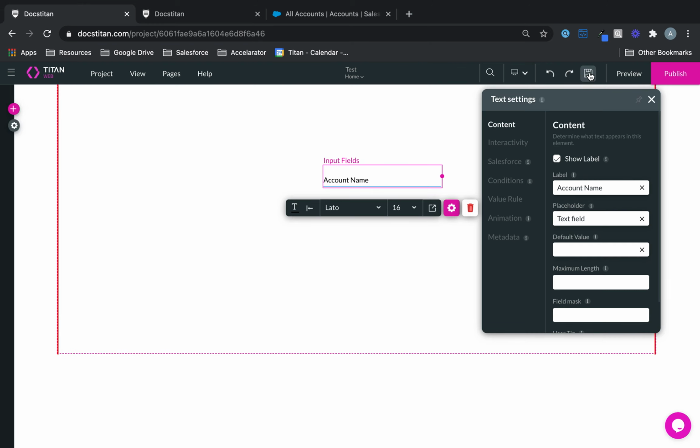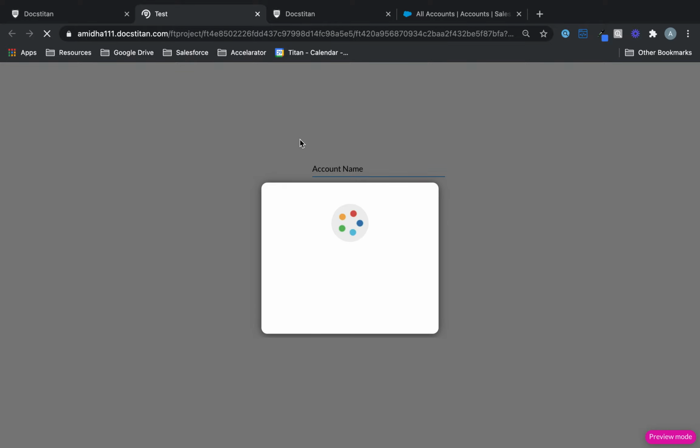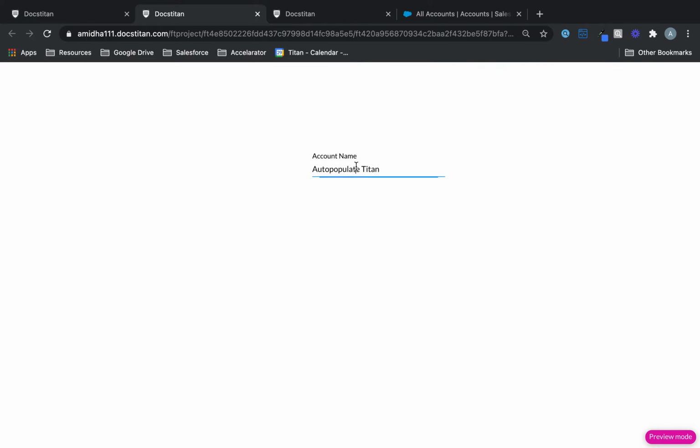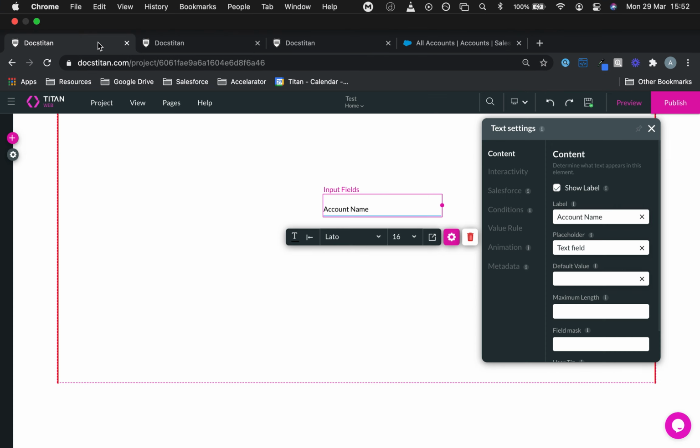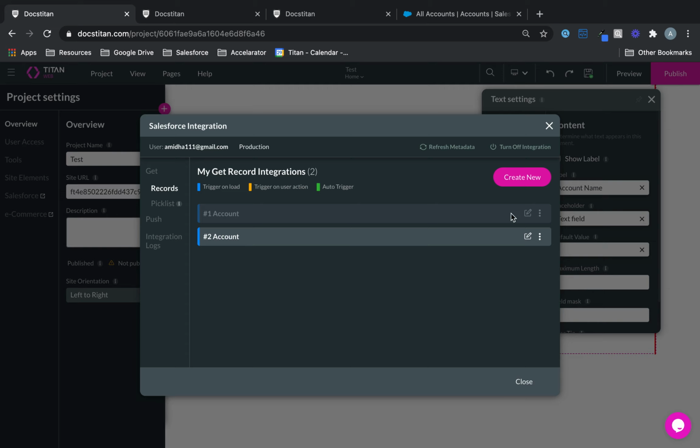So let's have a look. If we preview this, remember in the first one it brought back the Australia hospital. Let's see what it does this time. Okay, it's brought back my account called autopopulate Titan. Alright, so now if I go back in here and we switch this one back on, turn on, and then turn this one off, like this,